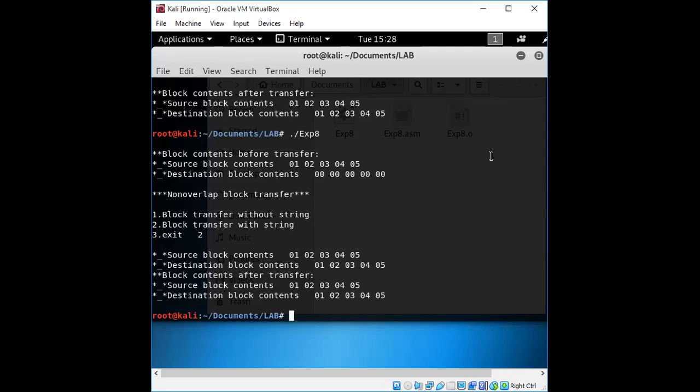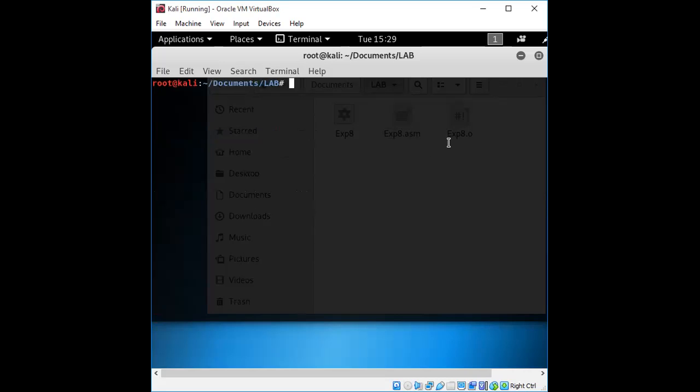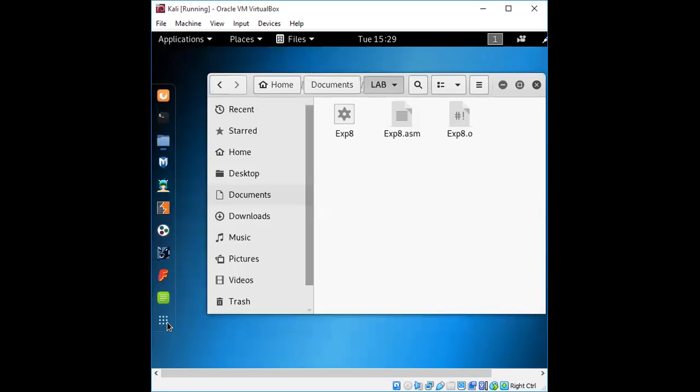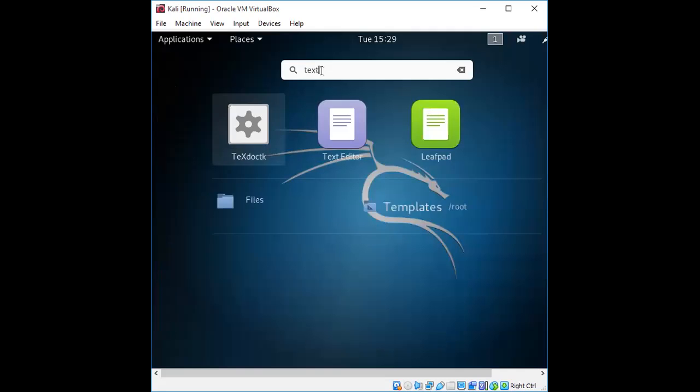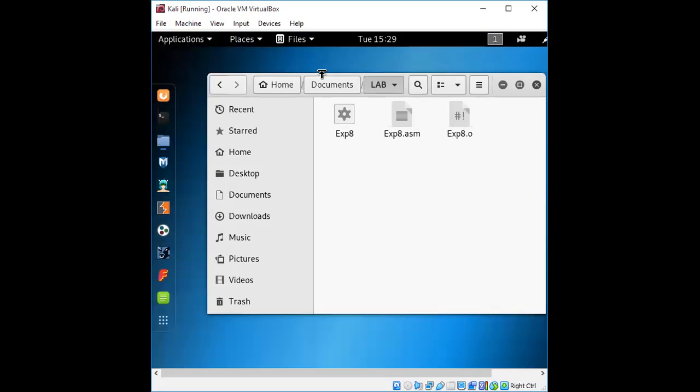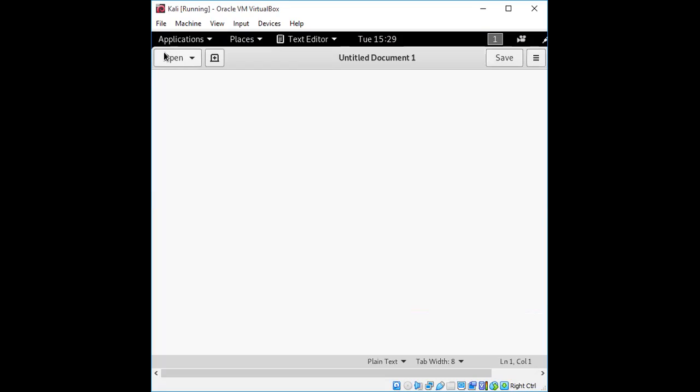Now for the overlapping block transfer, what will change is that it will have a few elements which we will keep as default in the destination block. Here we are considering the source block and destination block. We are going to perform a block transfer with overlapping elements, or overlapping blocks.